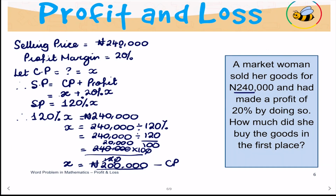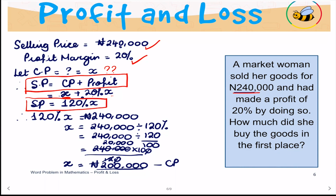Let's go through it very quickly. We were told she sold goods for 240,000 naira, that in doing so she had made a profit of 20%. We do not know what the cost price is, and that's what we are looking for, but we know that the formula says that selling price is equal to cost price plus profit. Since we have assumed that the cost price is X and that the profit we know is 20% of X, then we create a bit of a formula here that says selling price is equal to, therefore,